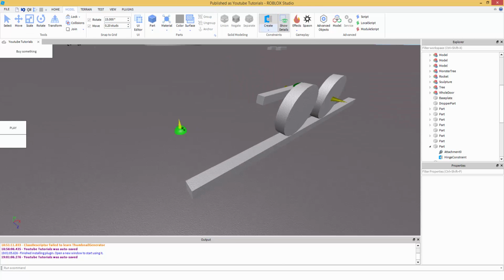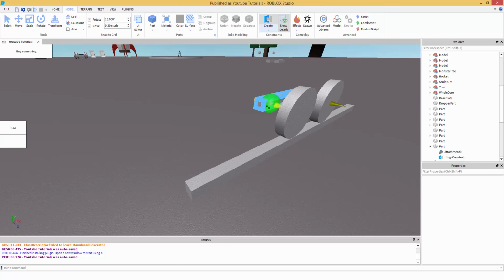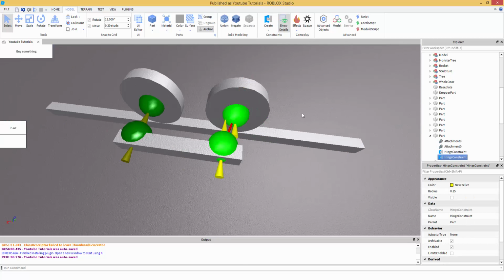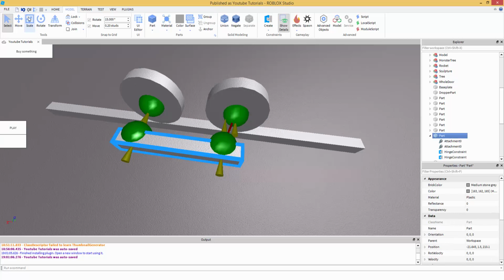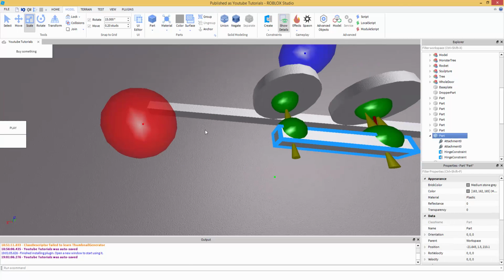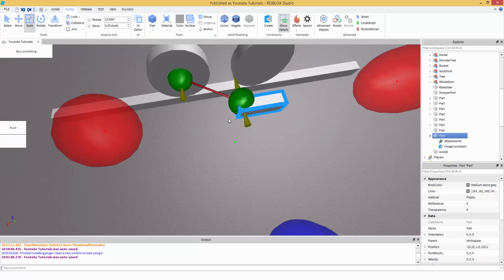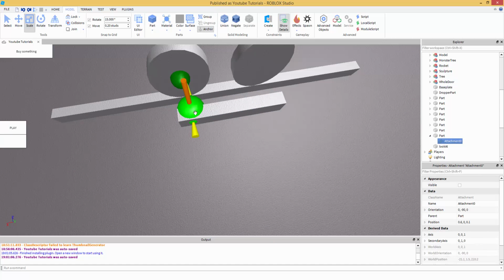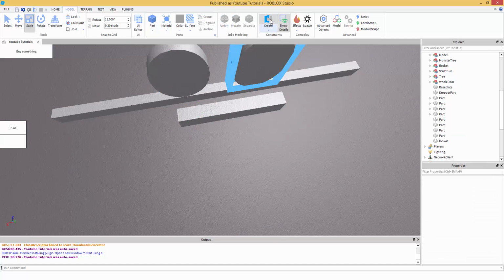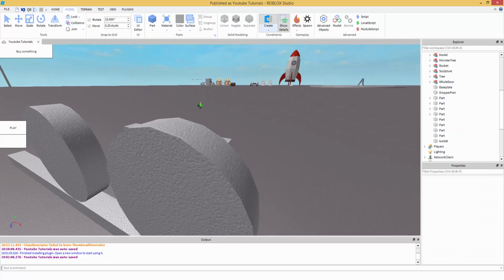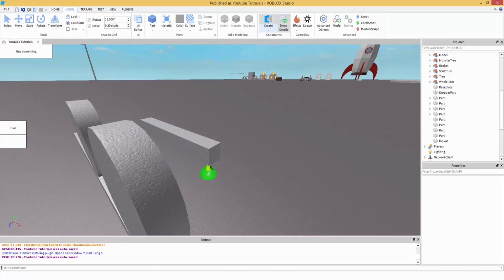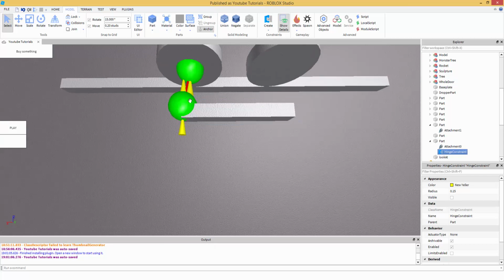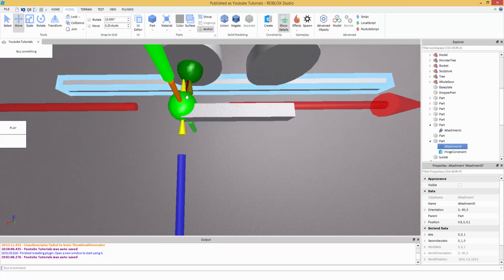Create a new hinge. Select this pole first, that pole thingy, and then select the center of the wheel. And then I'm going to just. Oh gosh, I'm doing this so bad. I'm going to do Control Z. Control Z, all that. Oh, I'm so bad at this. Okay. I'm going to do some reselecting. Select this. Select the center. Instead of